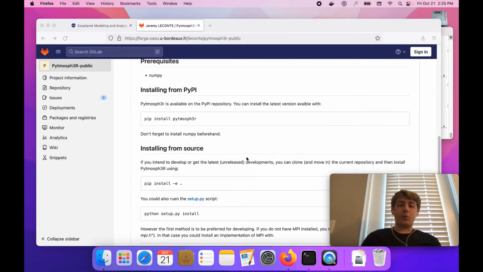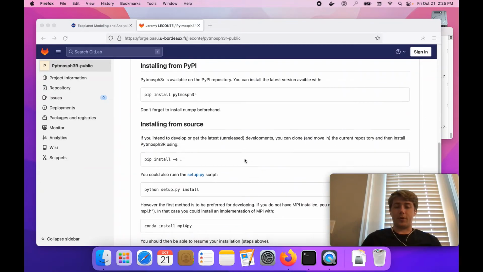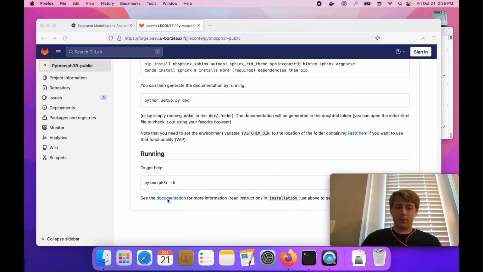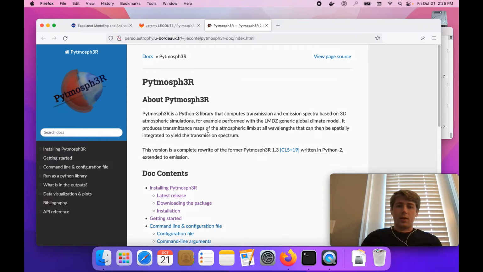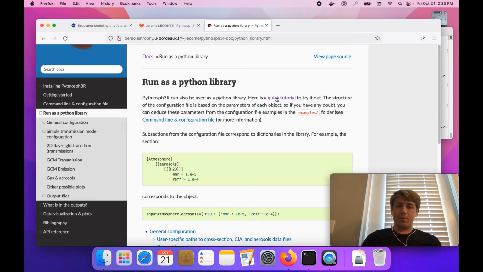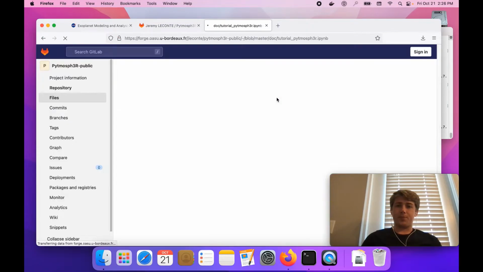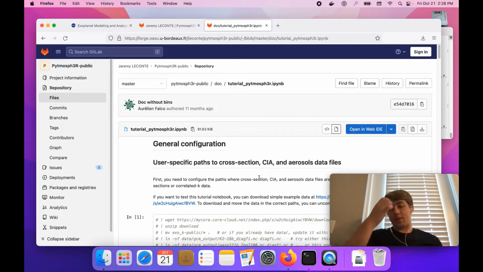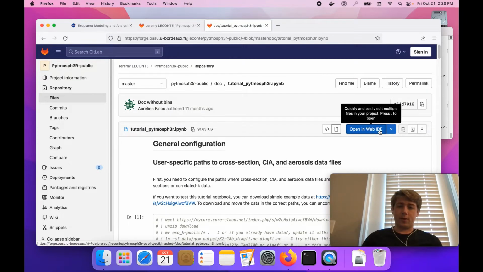All right, so now we're going to go through the Jupyter notebook that the authors have written as a tutorial. So from the GitLab page, we can scroll down to the bottom and we are going to click on documentation. And on the documentation page, we're going to go to run as a Python library, and the quick tutorial can be found here. So this IPython notebook I guess you can run it in the web IDE. I have downloaded it, but once you've downloaded it,